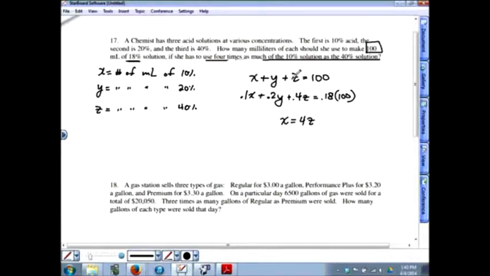Now we have a system of equations. We have 3 equations, 3 variables. We need to solve this. Let's clean this up a little bit, though, especially this middle equation. Not like in these decimals. So first of all, 0.18 times 100, that's just 18. And then if we multiply that middle equation by 10, that's going to get rid of the decimals. So let's go to the x plus y plus z equals 100. And then if we multiply that middle equation by 10, we get